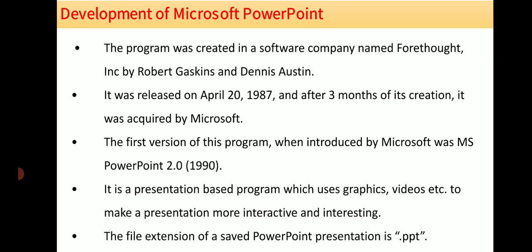These two people developed this software, and it was released on April 20, 1987, and after 3 months of its creation it was acquired by Microsoft. The first version of this program introduced by Microsoft was MS PowerPoint 2.0, which was developed